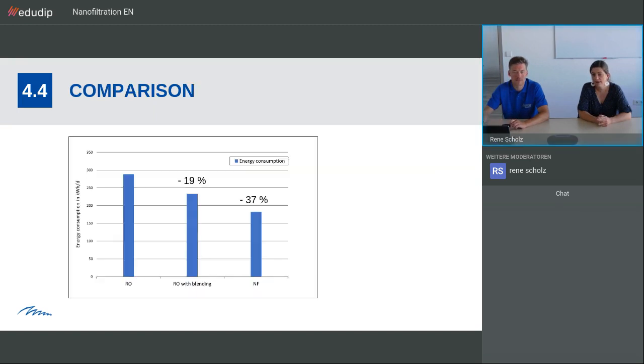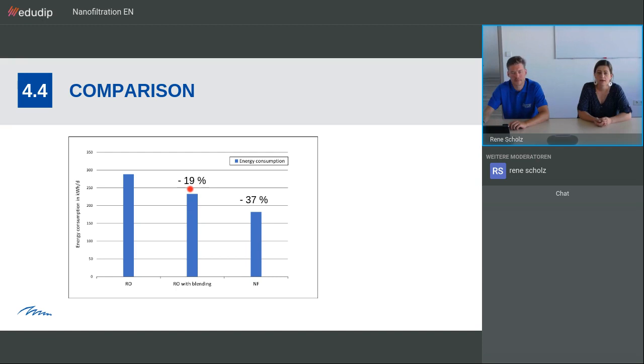So if we have a look at the next slide, here we have compared the energy consumption, here shown as kilowatt hours per day, assuming that the system runs the entire day. We have first the value for reverse osmosis, which is no surprise, the highest. Then we have the value for reverse osmosis with blending. This is 19% lower, simply because 19% of the water doesn't cross the reverse osmosis, but is delivered directly via